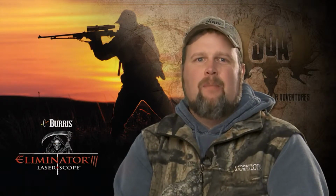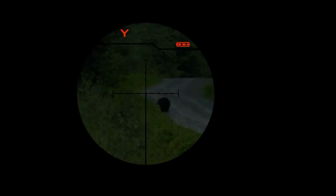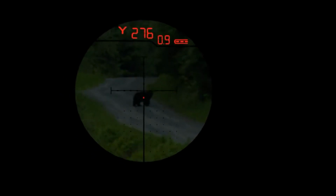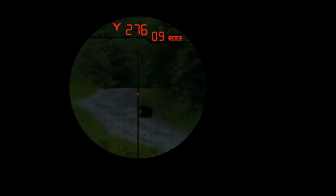I got the range, and that's when another advantage of the Eliminator 3 became evident. The bright orange dot lit up and stood out against the bear, and there was no wind to compensate for, just a bear down range. I squeezed the trigger and took him through both shoulders. The illuminated aiming point made a low-light shot that would have otherwise been nearly impossible, or unethical at the very